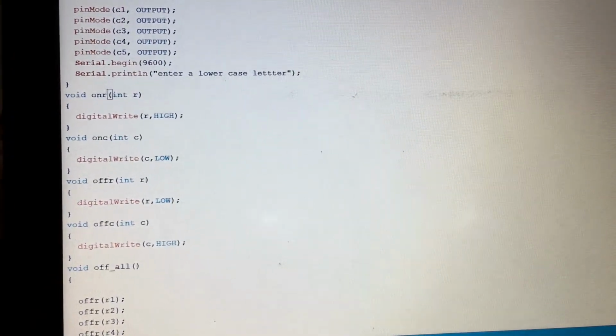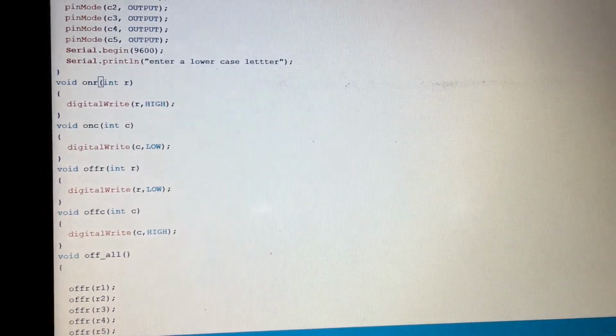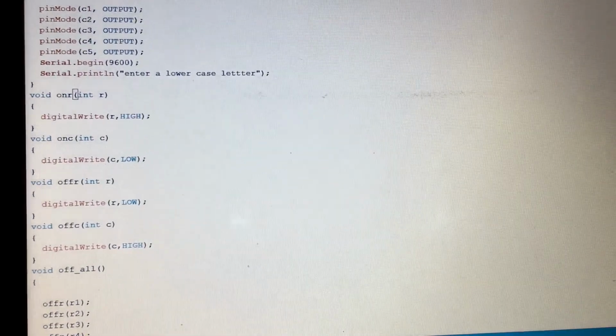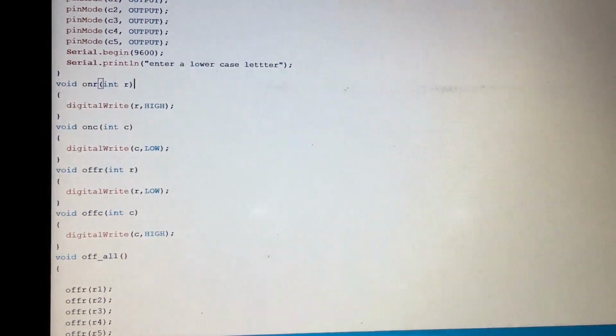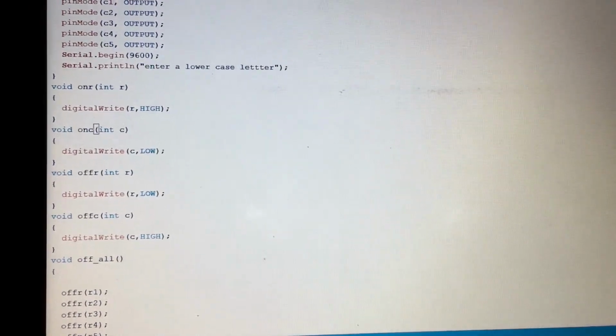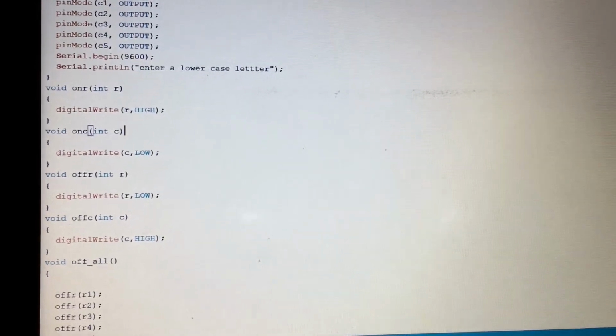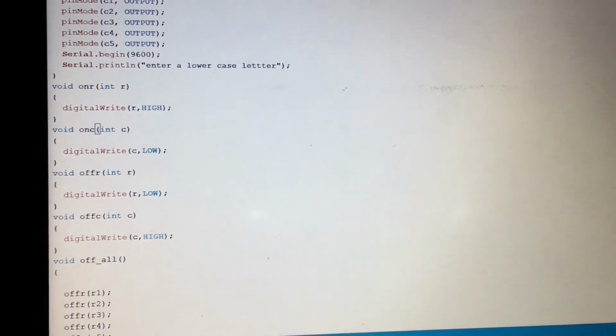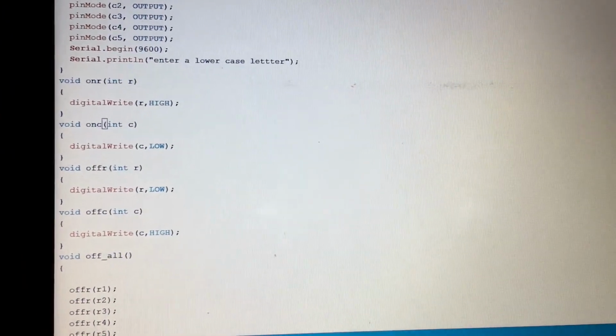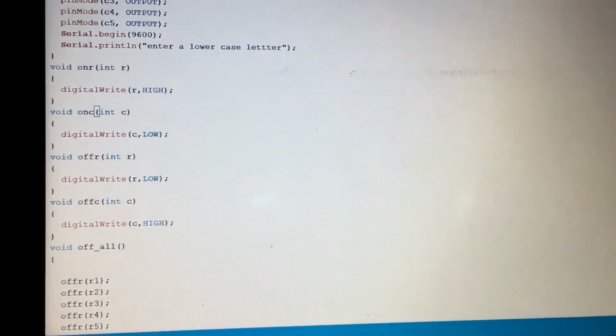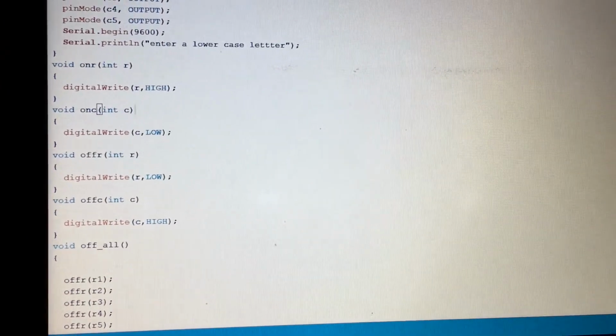Here I have written a function on R, which means it will turn the row high, and on C, it does a digital pin low, because an LED needs to be connected to a positive and a negative. So here basically what we do is,